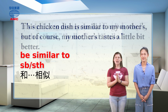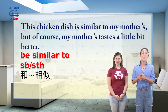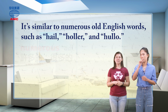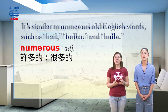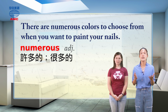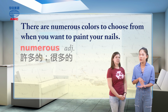Here's an example sentence. This chicken dish is similar to my mother's, but of course, my mother's tastes a little bit better. Similar 这个形容词是相似的，那我们说 A be similar to B 代表 A 和 B 相似。And what does this word numerous mean? Well, this one's another easy one. Numerous is just another adjective that we can use to say many. Here's an example sentence. There are numerous colors to choose from when you want to paint your nails. 所以 numerous 这个形容词呢，它就跟 many 是一样的，代表许多的、很多的，所以后面你要加的是可数的复数名词。